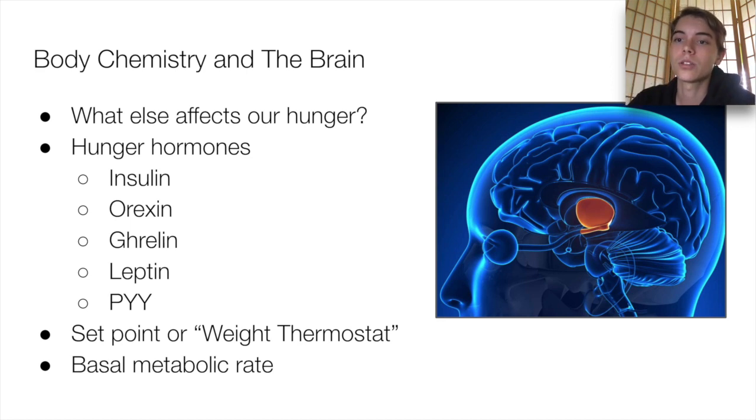And then there's also the basal metabolic rate, which is the rate of energy expenditure within a person, and it's the energy that is used to maintain basic body functions. So this was found in the semi-starvation experiment, where the people in Ancel Keys' experiment were able to maintain their weight because of a 29% drop in their basal metabolic rate, which is how they kept their set point close to their weight. If the metabolic rate hadn't dropped, then they would have just kept losing and losing weight. So that concludes that section.